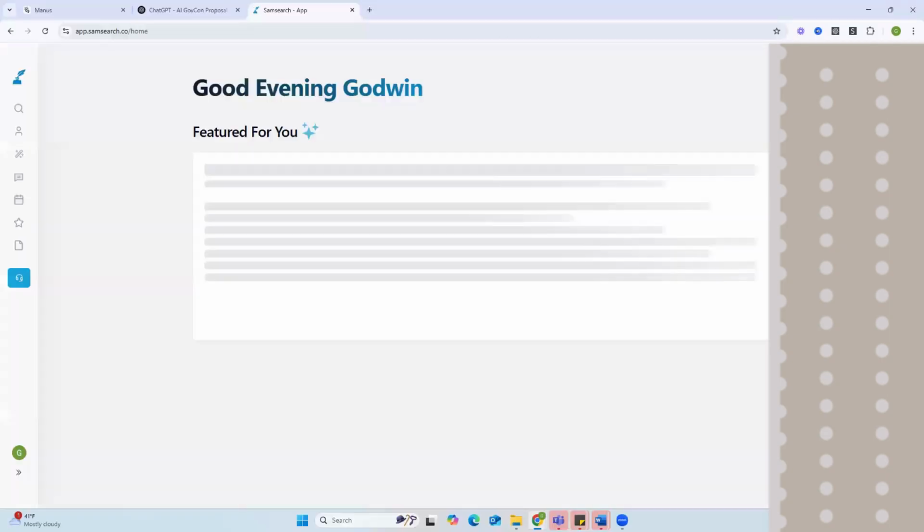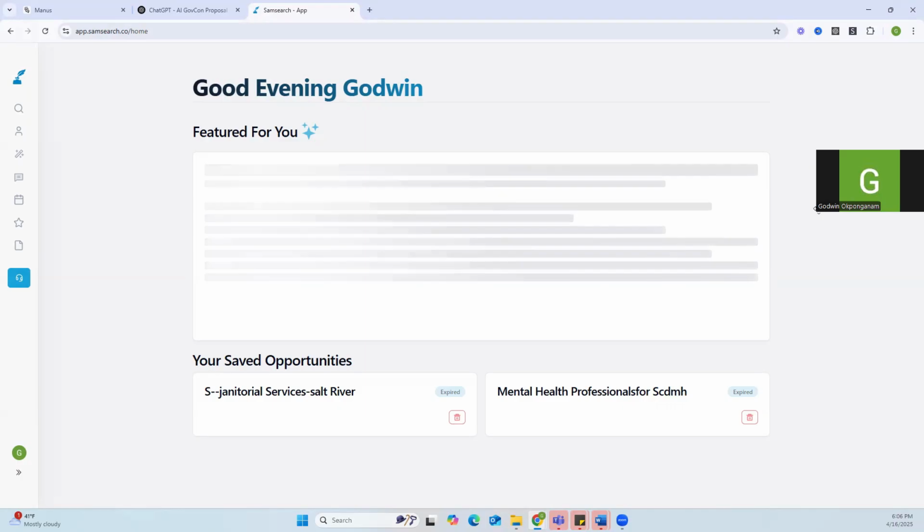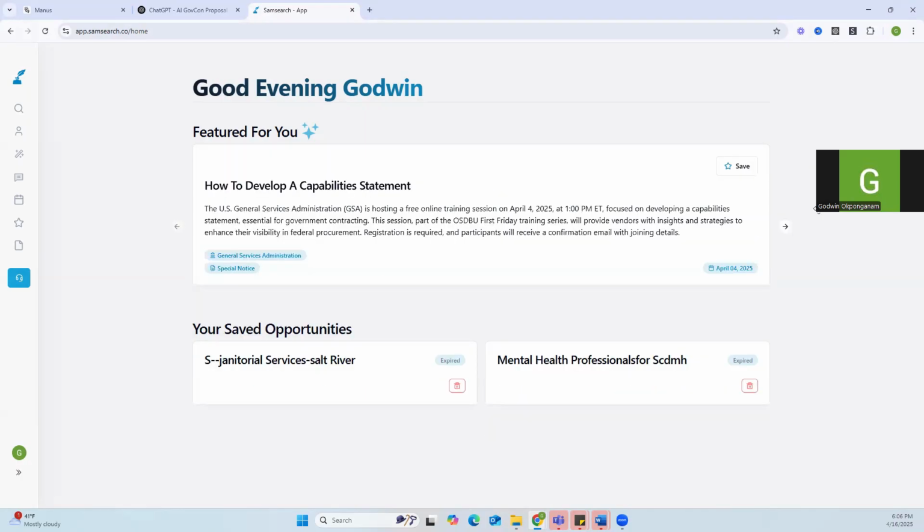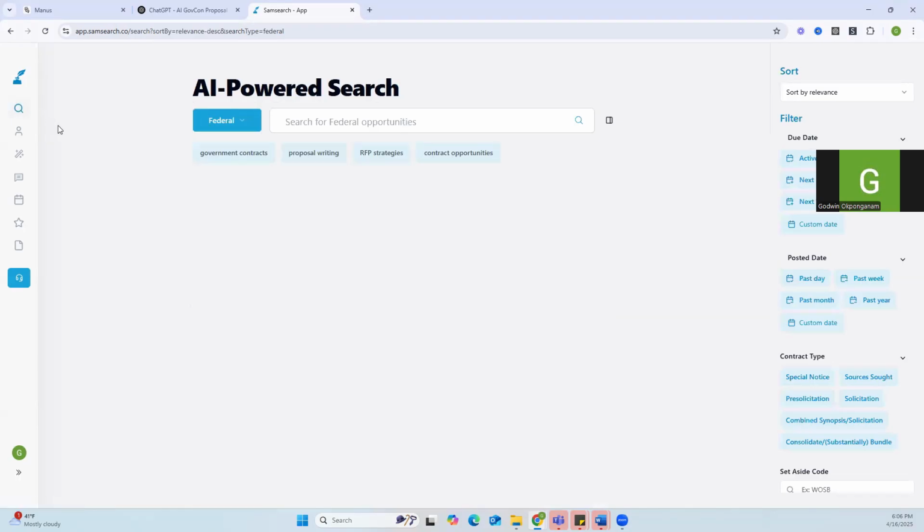You can use sam.gov. However, if you want to get the full potential of using sam.gov, then you may need to generate industry keywords, because of the way the contracts are sorted on sam.gov. For example, if it's a janitorial contract, it may have been placed into the website with the solicitation code as opposed to being janitorial. So when you search that keyword, it's not going to appear. This is something called vector and non-vector search, I believe, if I get the terms right. But with SAM search, you don't have that problem.